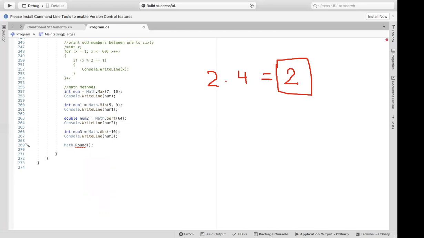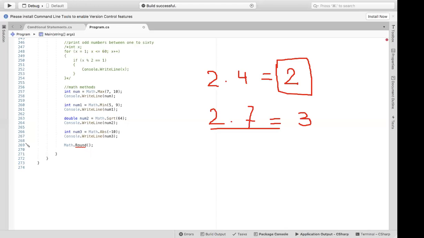If we have a number 2.7, greater than 5, when we round it, it will become 3. This is a ceiling function, and this is a floor function.